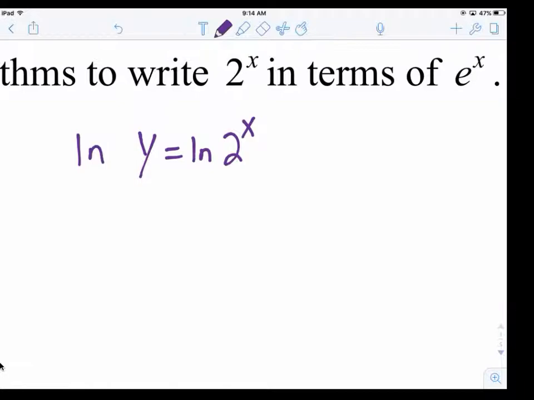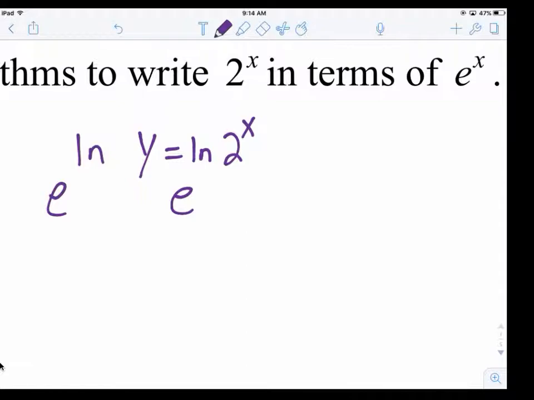Now I need to somehow work in terms of e to the x, right? So now what could I do on both sides if I want to work in e to the x? We know that e to the x and ln of x are what to each other? When have you ever heard me say the word complement? Inverses, right? So if I take the e on both sides now,